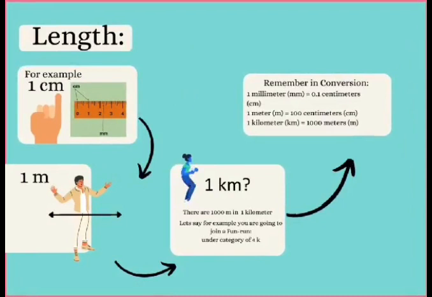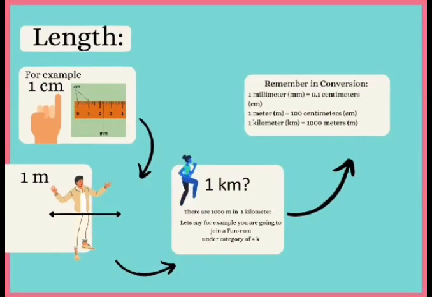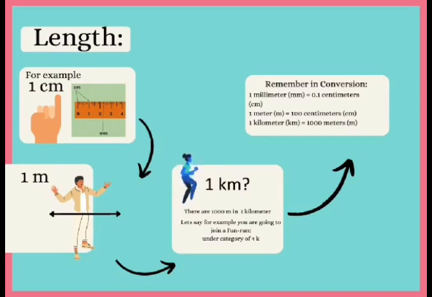So now let us start with one of the types of measurement, which is length. Length is all about how long something is, or how far apart two things are. We use different units to measure length, like meters, centimeters, inches, feet, and yards. If we're measuring something bigger, like a room, we use meters or even kilometers. Here you will learn that the basic unit for measuring length is the meter. It's like a universal ruler that helps us measure things accurately in a way that everyone understands.